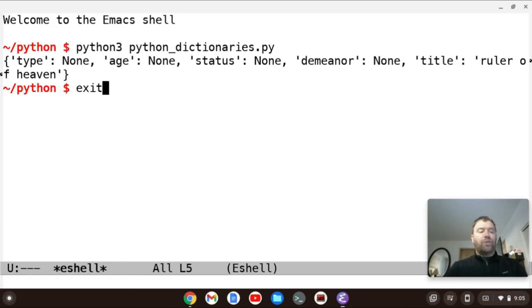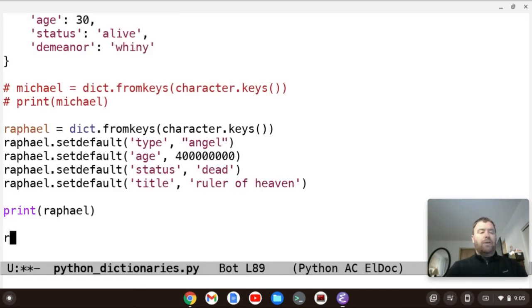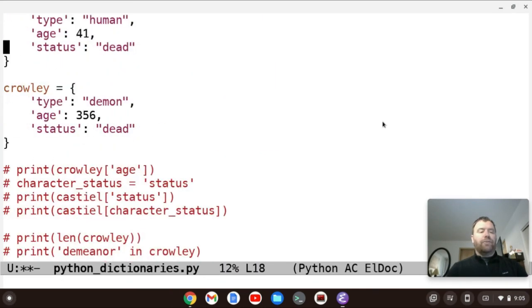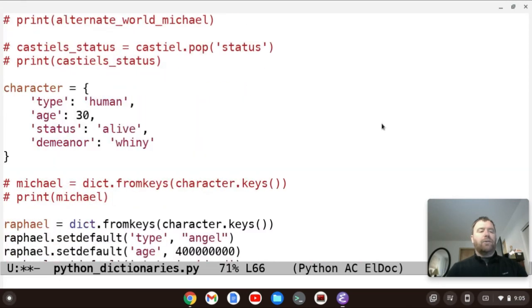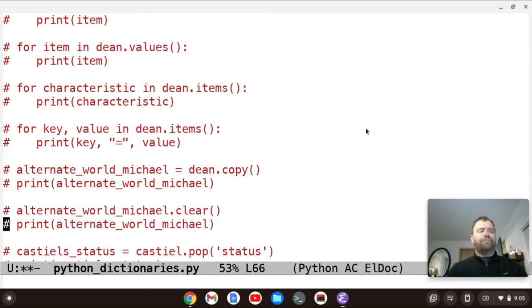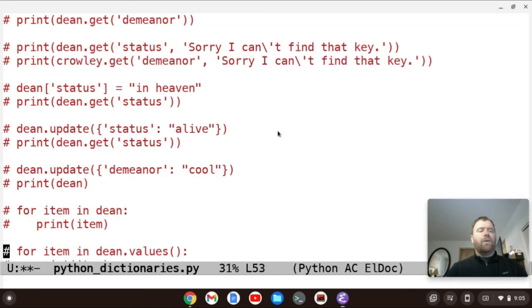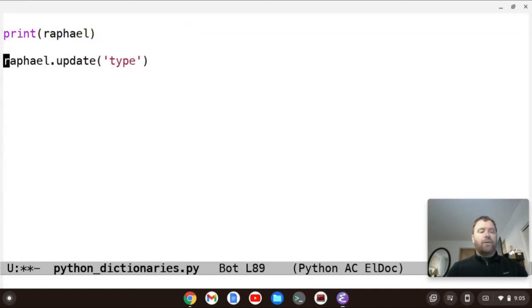If we wanted to change some of the other things, we could do Raphael.update, type. If we look above, where did we use the update method? We've got to put the curly braces. So first off, put the curly braces, and then type colon angel.